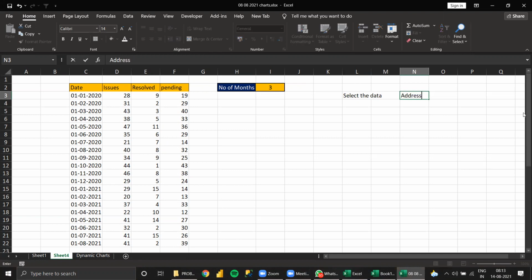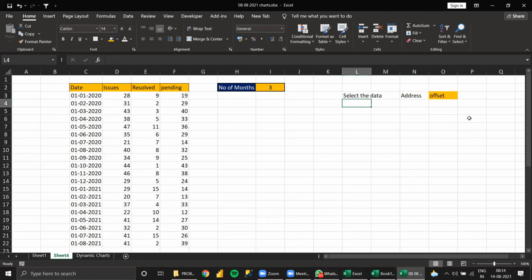Offset, exactly. Any other formula you think? Dynamically, only these two formulas, especially for selecting range, address and offset. No other formula is correct. So I advise take offset formula only. That's the best formula to select it.